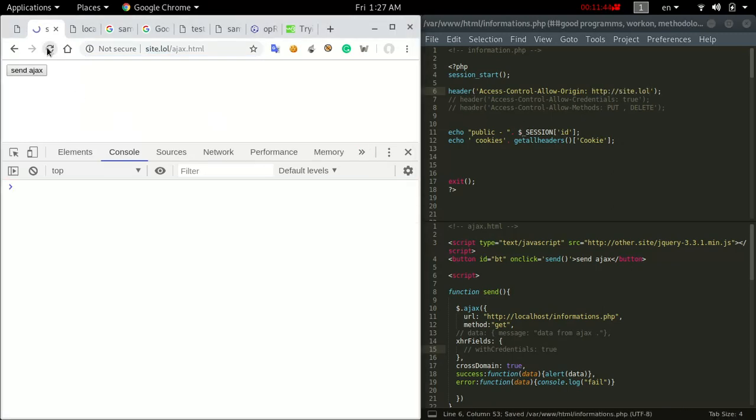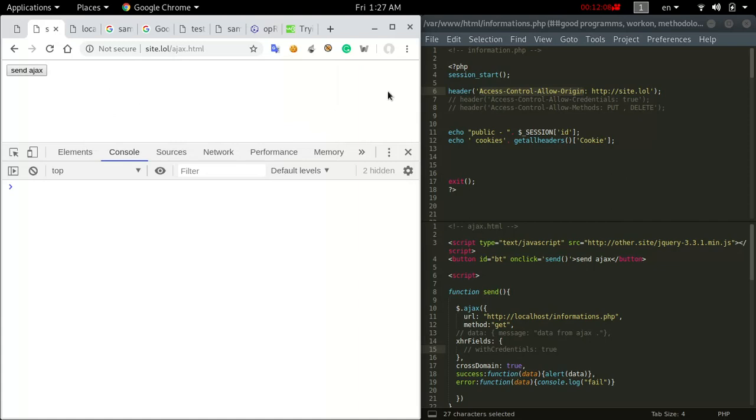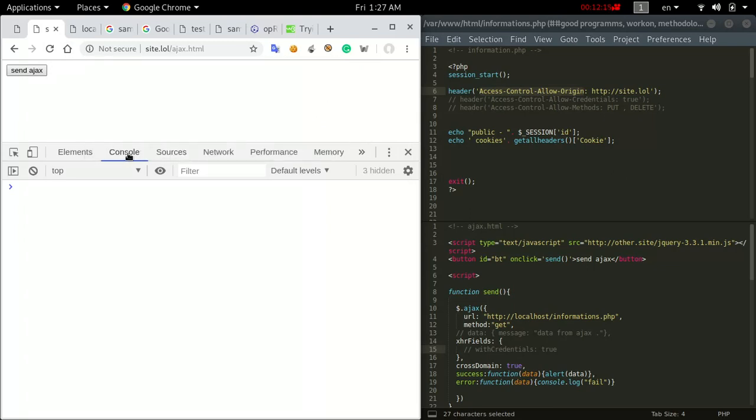Okay, send AJAX, so it loads successfully. What is happening here? I tell the browser to just allow this site. What does it mean? It means just request this one header, Access-Control-Allow-Origin. I tell the browser, okay, allow this resource to load in the browser. But if we notice here,